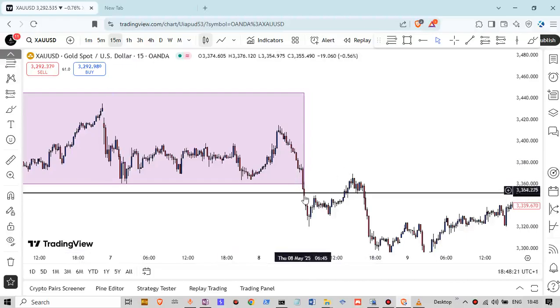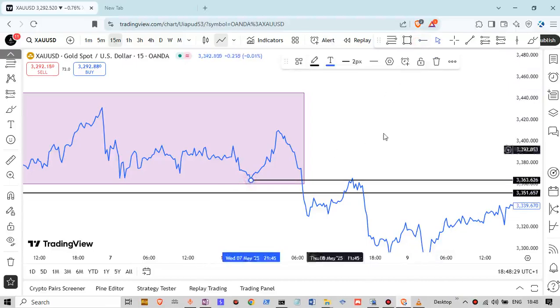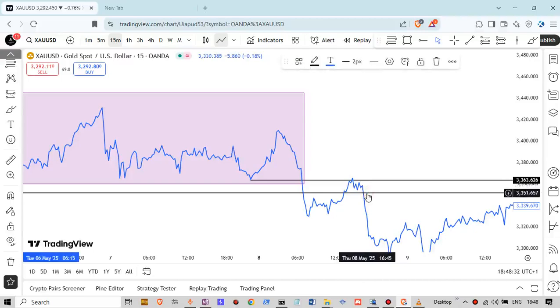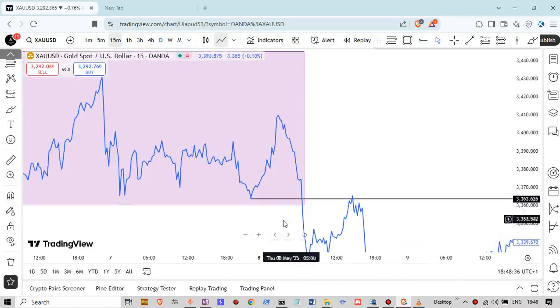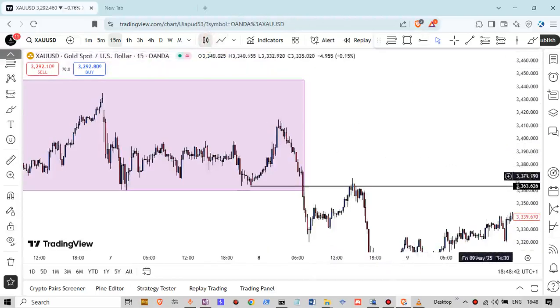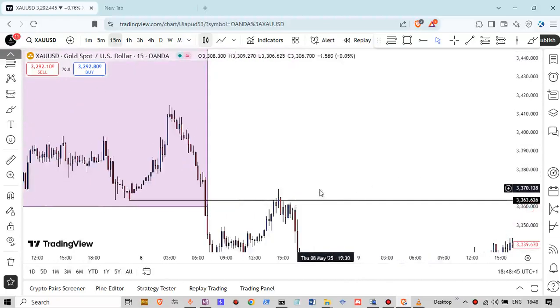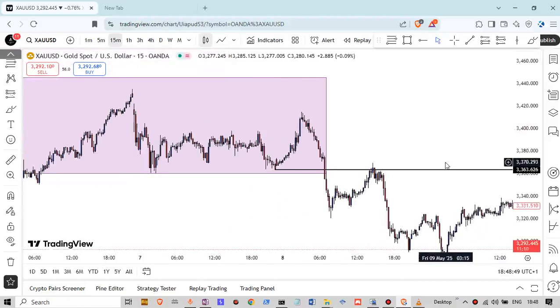So you want to ask me now that okay, if this broke down here, how would I have entered? It's very simple. Look at this. Put your line over here. Can you see what price is? You can see how price came back. So at this point, you want to re-enter your entry, right downwards. How does it look on the candle charts? Can you see? Bam, and you take it downwards. Bam.